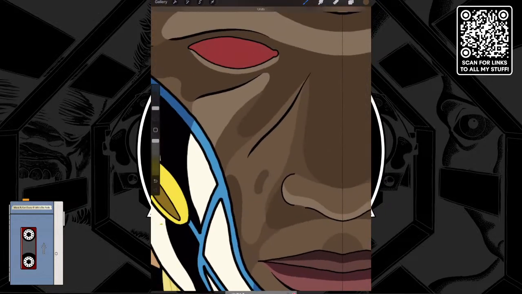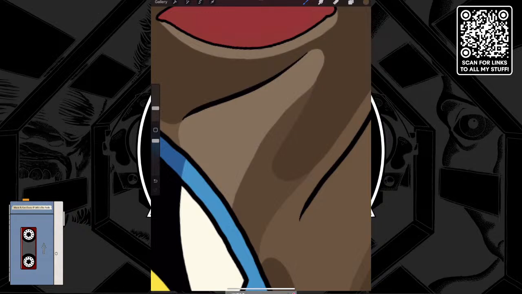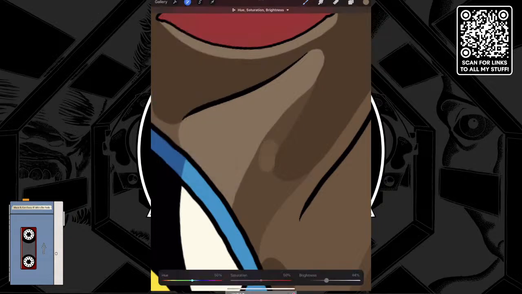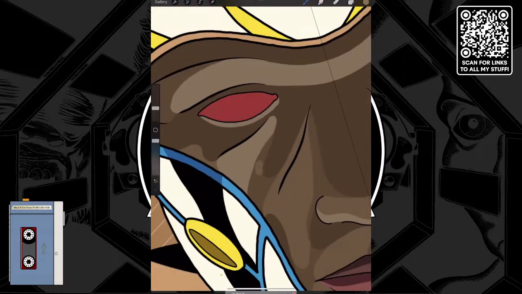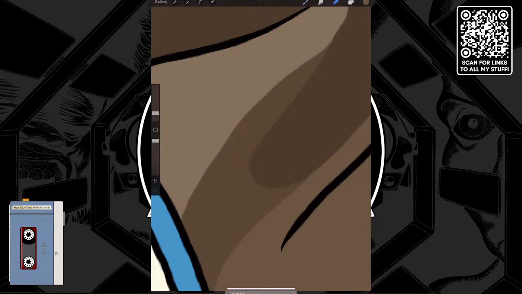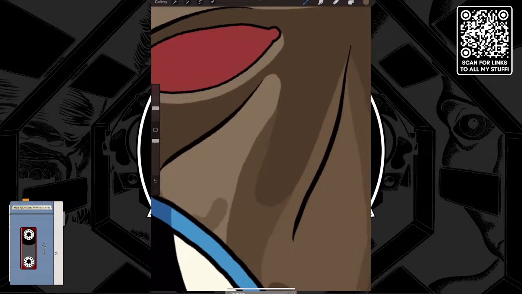You know what? Actually, what I should do is go above this. And I should do a slightly darker version of this color. So if I do that, and then knock this brightness down just a hair. Saturation down just a bit. All right, take that color. I have to erase that because that doesn't look good at all. And then let's see here. I don't know how it's going to look. Oh, okay, let's do the thinner line, just so we know what we're doing here.